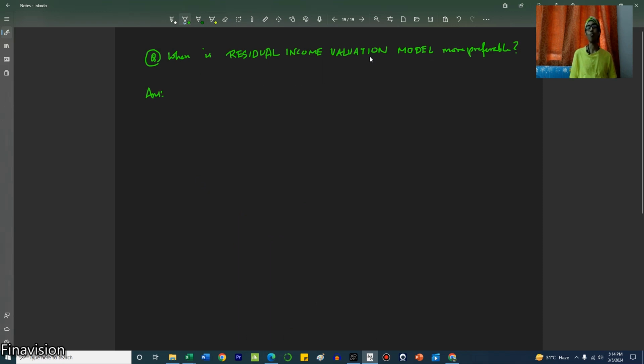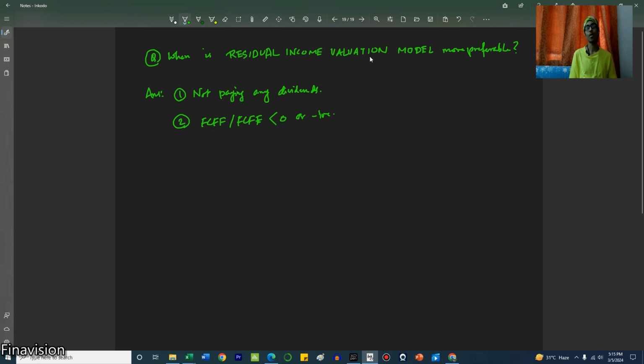Now we already discussed when is a dividend discount model appropriate to use and when is a free cash flow discounting model appropriate to use. Now there are situations where both these models do not work very well. For example, let's say the company is not paying any dividends whatsoever. And not only that, it's in a certain phase of development, most probably an early phase of development, where FCFF or FCFE, whichever you are using for valuation, is negative.